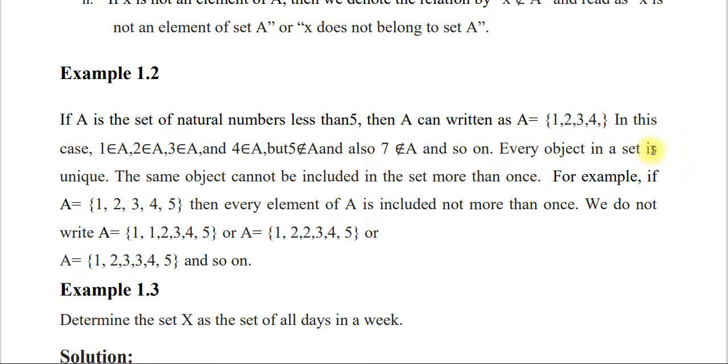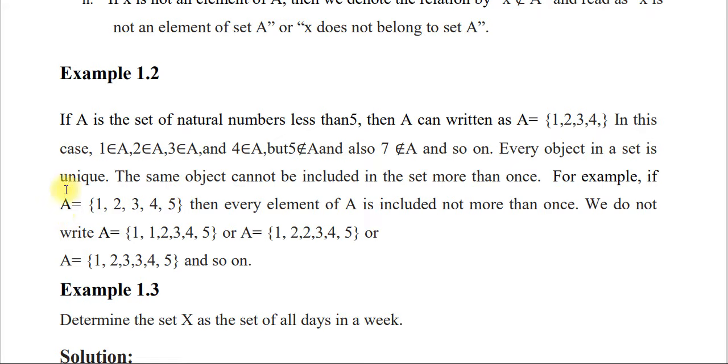Every object in a set is unique. The same object cannot be included in the set more than once. እንግዲህ ተመሳሳይ ኦብጀክት በአንድ ሴት ውስጥ ሊጠቀስ አይገባውም። ቅድም ላይ እንዳልነው ለምሳሌ the set containing B, B ማለት ሴት B ማለት ነው ባጭሩ፣ ወይም እዛ ሴት ውስጥ ያለው B ብቻ ነው ማለት ነው። ስለዚህ መደጋገም አያስፈልግም። ዩኒክ ነው፣ ልዩ ነው ማለት ነው።